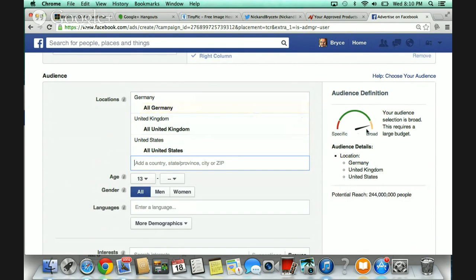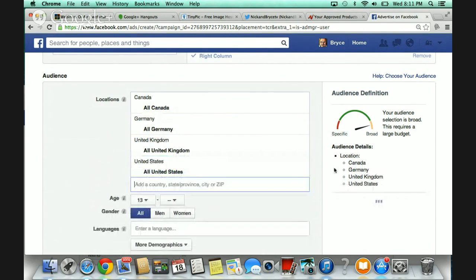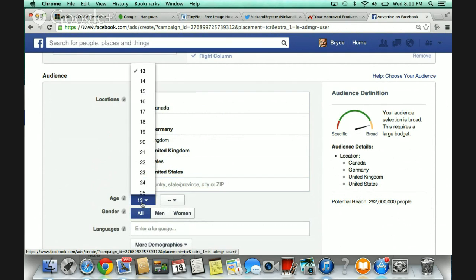And you can see this moves a little bit. You're honing down your target audience, is what you're doing. Give me another country, Nick. Canada. Oh, Canada. There we go. Brings it down. Now here's the thing too. I say that a lot, and I want to catch myself on that. But this is where you need to decide: who do you want to direct it to?